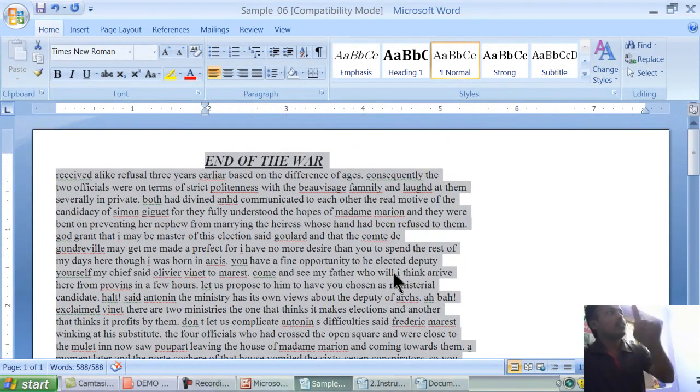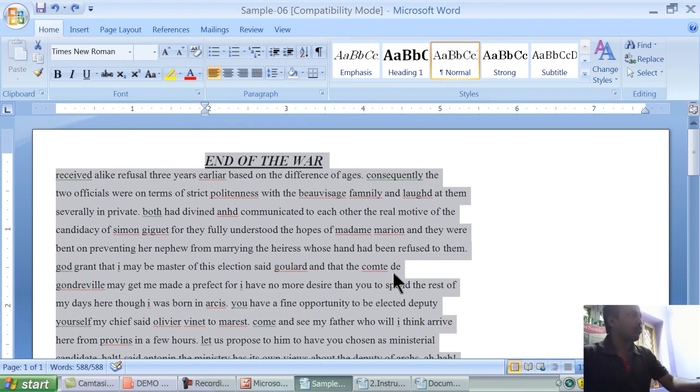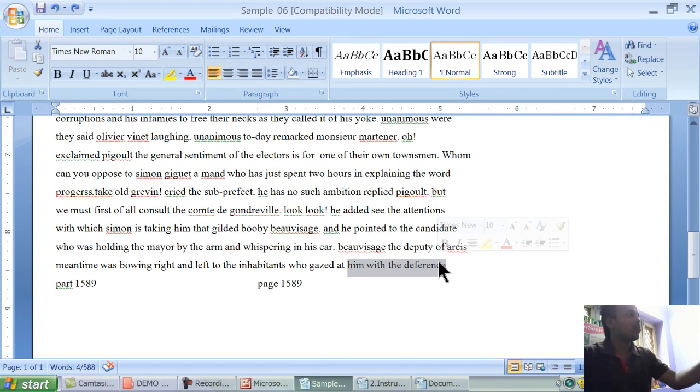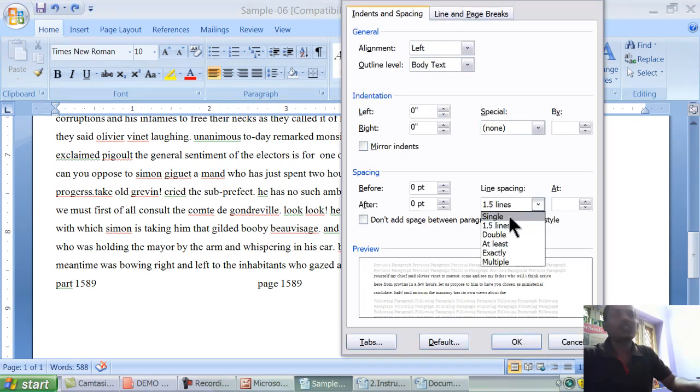Including that mistake, so it has changed the data. Now, what I am doing means our working method is correct, so there is no need to select the data. From here to here is only one paragraph, right? Body text is only one paragraph. Place the cursor anywhere under this paragraph, go to Paragraph and change the line spacing to single.